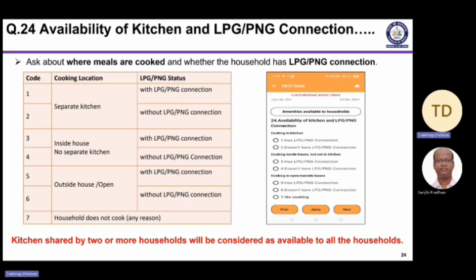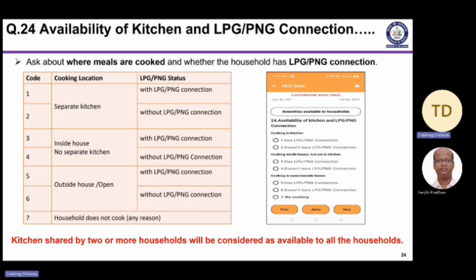So I'm going to one house. We are asking whether you have a kitchen, whether you have an LPG connection. They are telling us they don't need that because they don't have a cooking arrangement. Can we leave it blank? It is not only whether cooking happens or not, it is the availability of kitchen or LPG connection. That question is not relevant to that house because they are not using a kitchen at all.